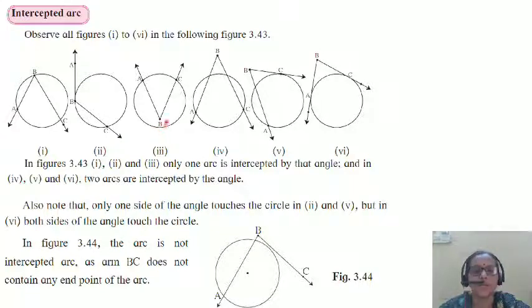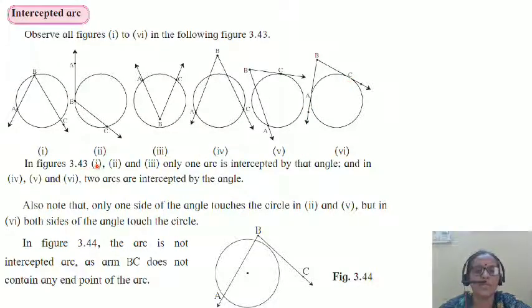Now observe figure number 3. Point B is inside the circle. Points A and C are on the circle. In the next figure you can observe points A and C are on the circle, whereas point B, which is the vertex of the angle, is outside the circle. Observe the next figure where point B, the vertex, is outside the circle, point C is on the circle, point A is on the circle. B, which is the vertex of the angle, is outside the circle. BC is touching the circle and BA is also touching the circle. Point A is on the circle, C is also on the circle.